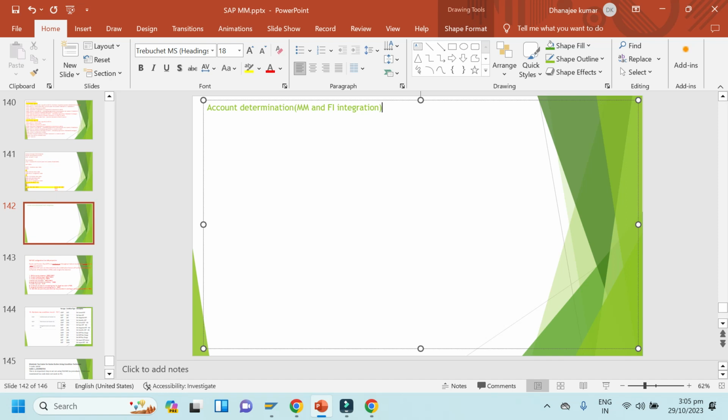It is used to determine GL account automatically for posting material values at GR or GI.